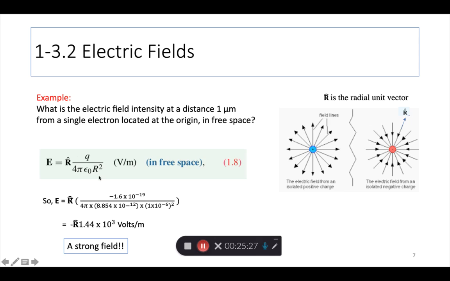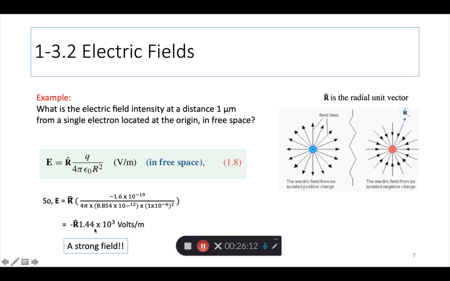But let's see how we solve the problem and we learn something from it. So this formula you have seen, and this is in free space, by the way. It's not in water or plastic or any material or steel, but it's in air, free space. So if you use this formula, now for Q, which is just one electron, right? So the charge is with a minus sign. And then epsilon 0, we know is 8.85 into 10 to the power minus 12. Our radius is given as 1 micrometer. So that's 1 into 10 to the power minus 6 meters, squared. So you get a value with a negative sign of